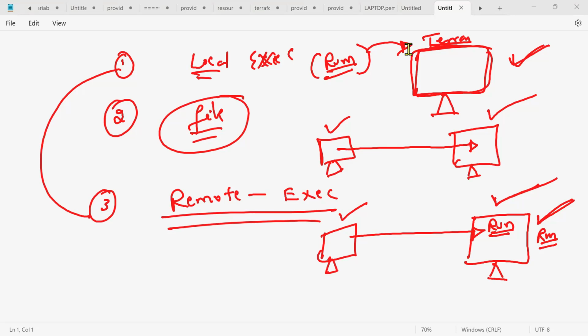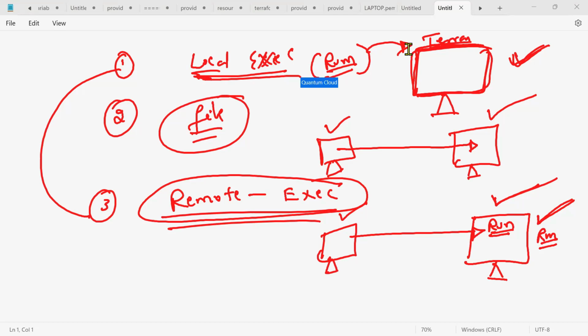Then I'll be using something called the remote exec provisioner. Local exec provisioner: if I want to run some commands or do some configuration activities inside the machine where Terraform is installed, then we'll be using local exec provisioner. If you want to run some commands inside the machine which is created just now, the remote machine,